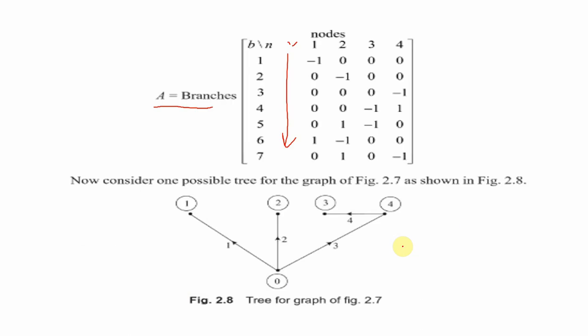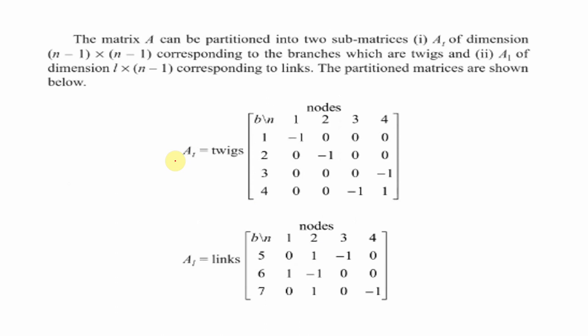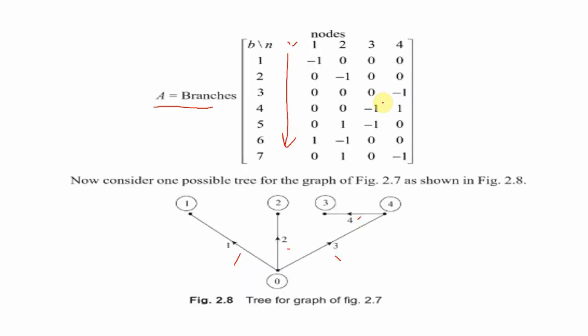So the graph will become like this. Now see here, 1, 2, 3 and 4. Here they are considering the 4 basic branches, and the remaining branches are removed to form the tree graph. Now for this diagram, suppose they ask to find out the graph, right? So this is called A twig, meaning the twig graph. Here also we have written branches 1, 2, 3, 4 and nodes 1, 2, 3, 4. And for this diagram we have to write down the matrix.